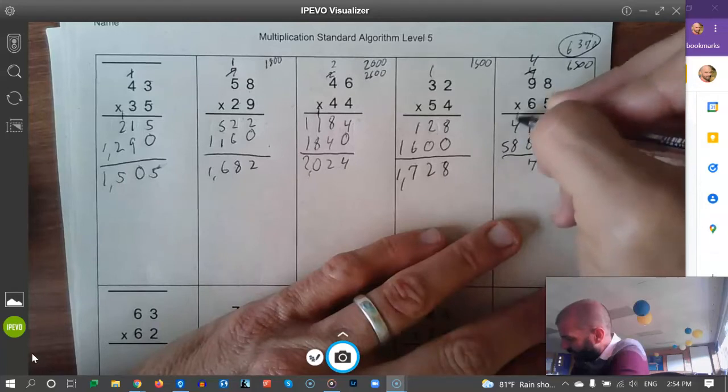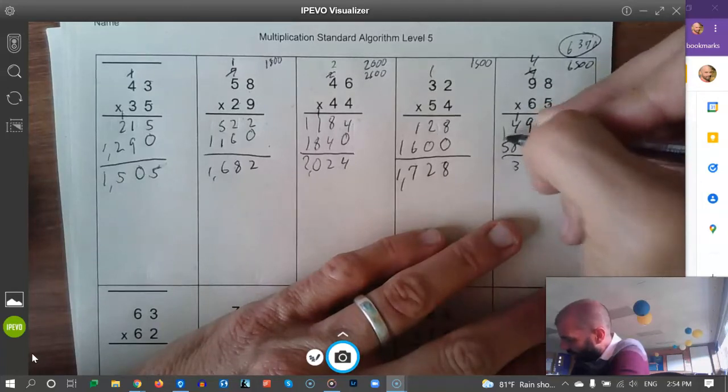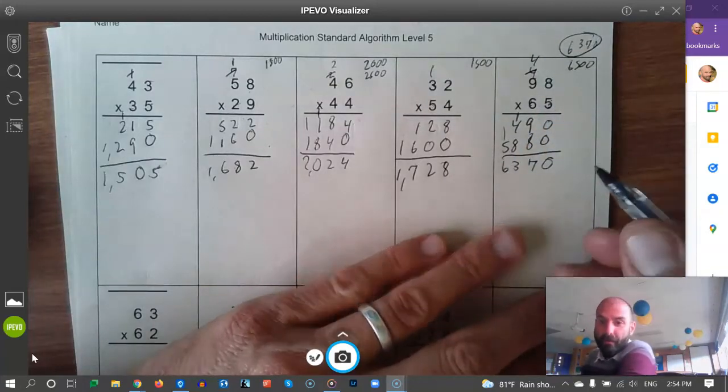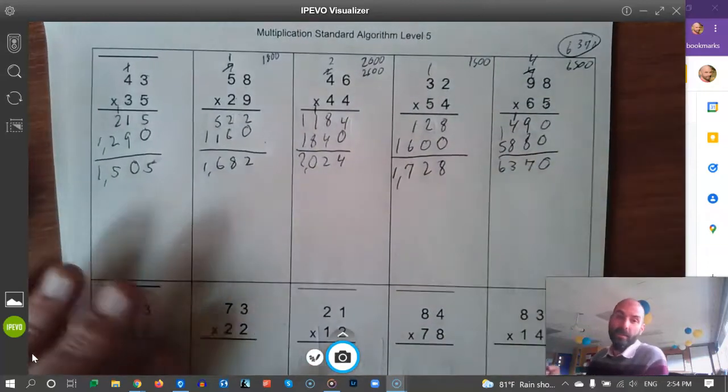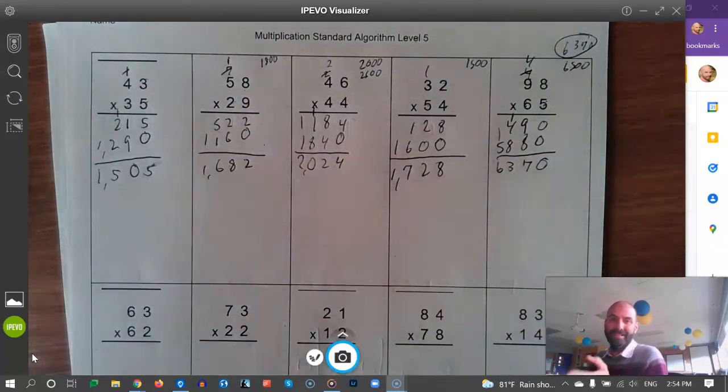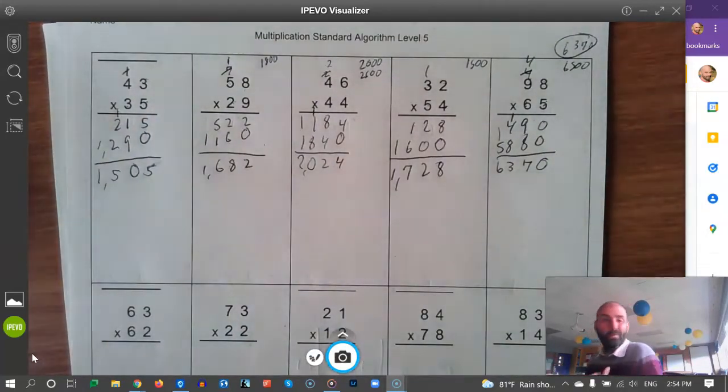0, 17. 1 plus 5 is 1 plus 4 is 5, plus 8 is 13. 6,370. Whoa. See, it was simpler to think about the problem and do it differently. All right, so the algorithm is not always going to be the best, but we're practicing the algorithm, so that's